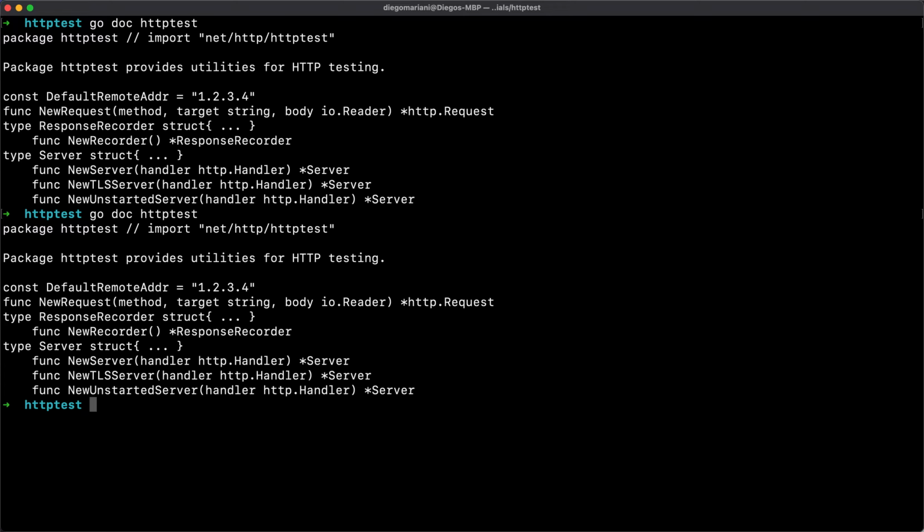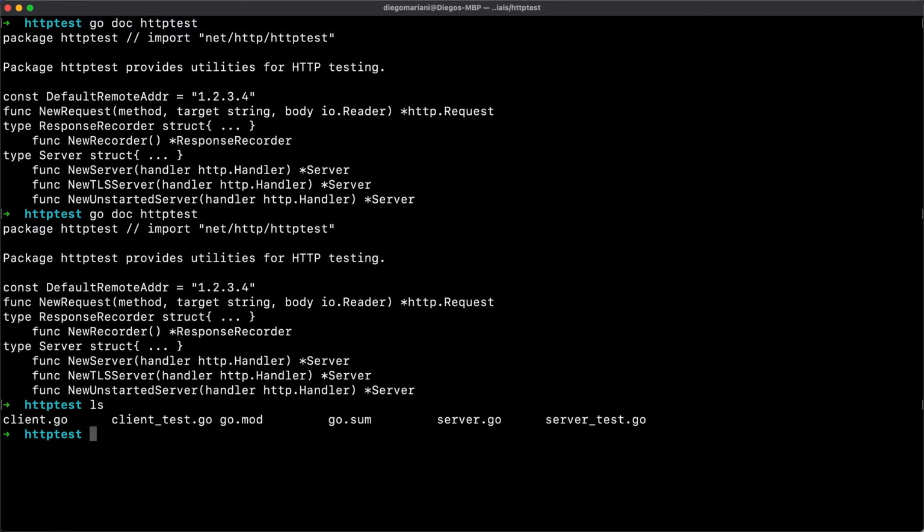It's going to be a Go client that issues a request to a remote server and receives back a response. Imagine that that server is not available in your machine, or is not easy to mock, is not easy to test. Then you may want to use the server type from the HTTP test package in Go. Let's go and check the code first, and let's see how this is all wired up and how the examples look for us.